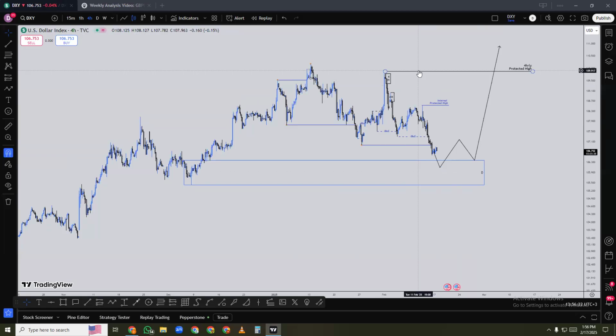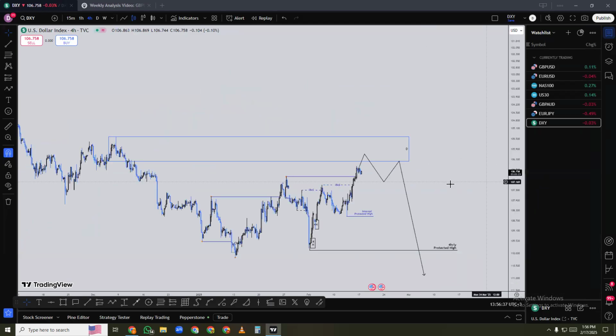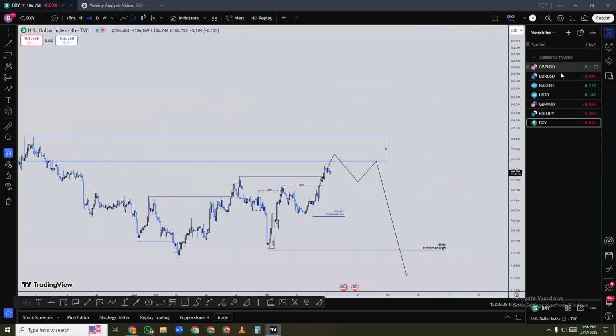Again, I normally don't analyze the DXY because the DXY is the inverse of EURUSD. Whatever is happening on EURUSD is happening on the DXY, only that the chart is inverted. If I invert that scale like that,